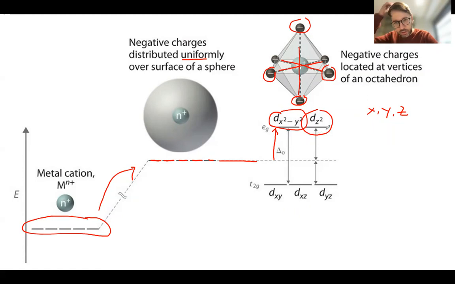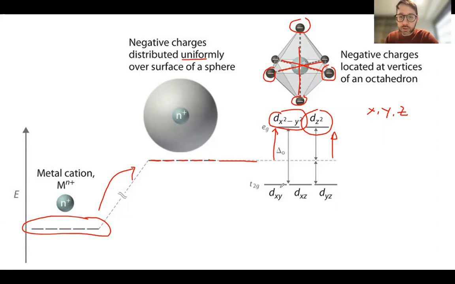So the d orbitals positioned directly over the Cartesian axes will be more strongly repelled by these point negative charges that represent the ligands, increasing their energy relative to the body center, while